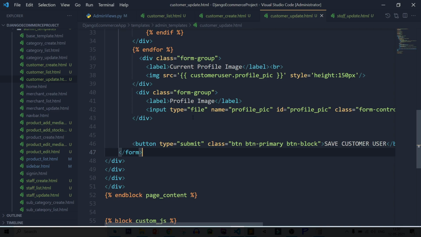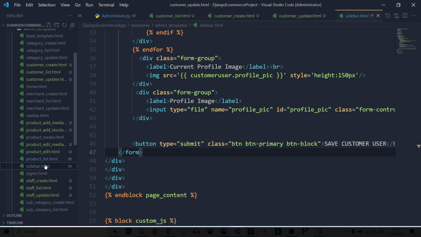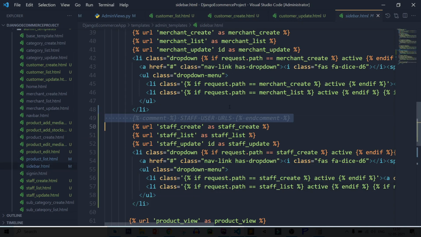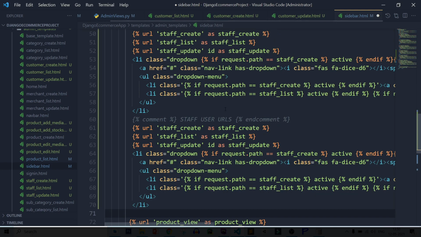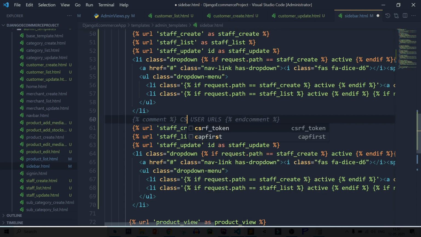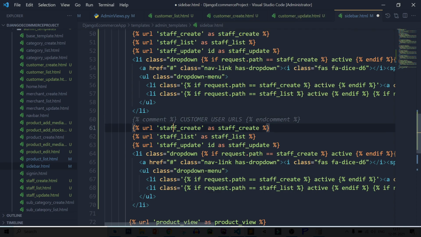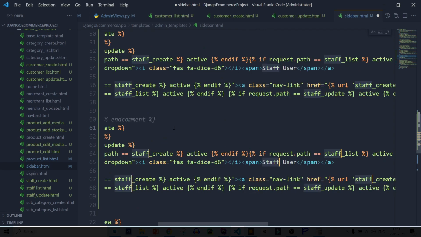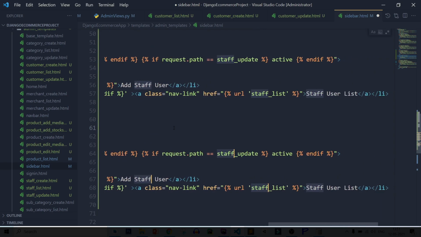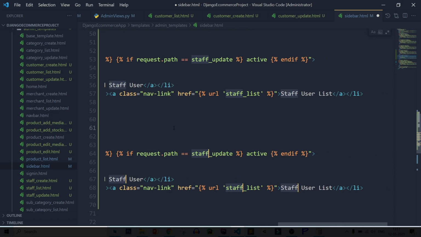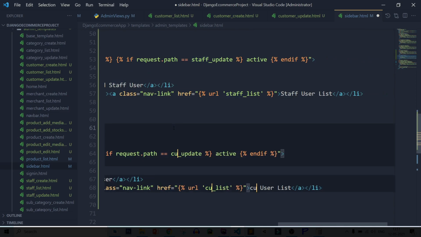After that, let's check it's working or not. So first let's link with sidebar. So copy it, paste it, customer user. After that, select all this stuff, customer.